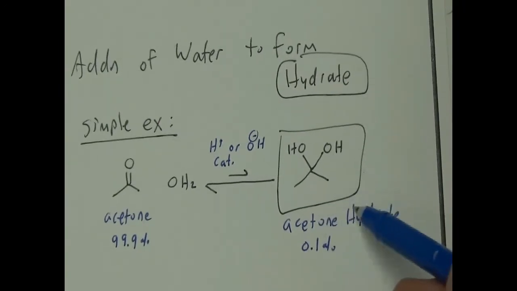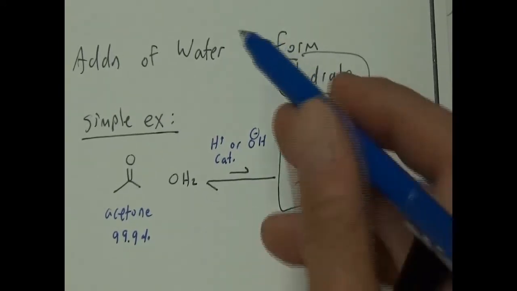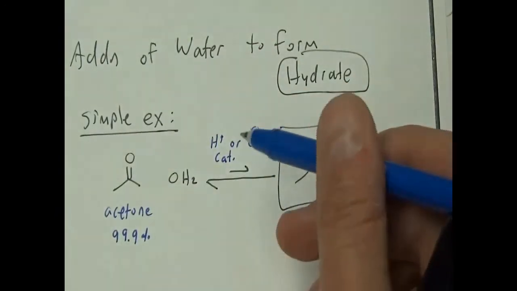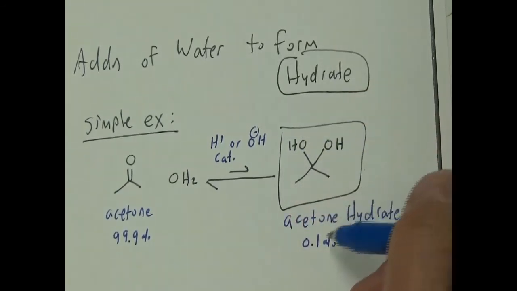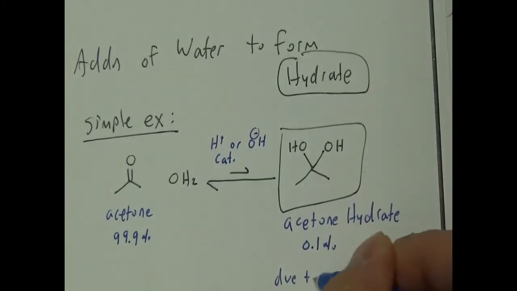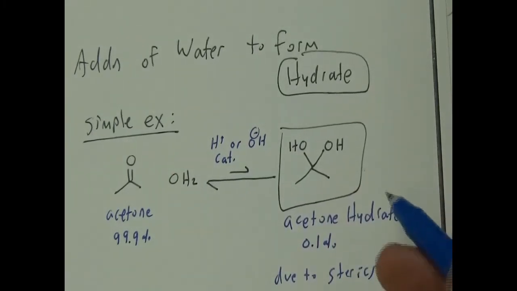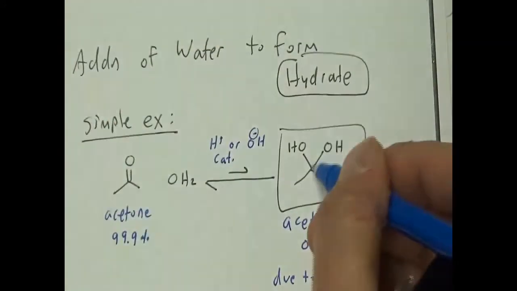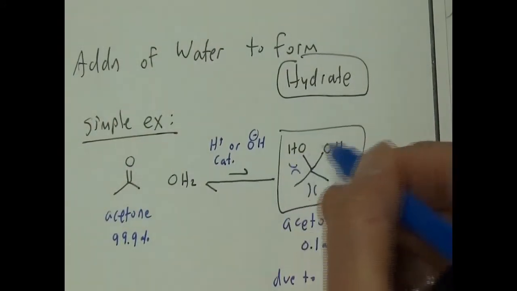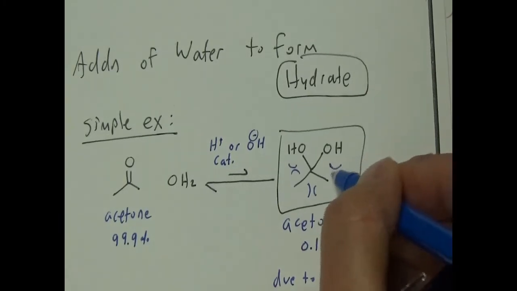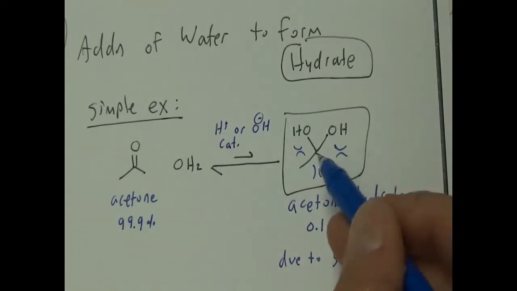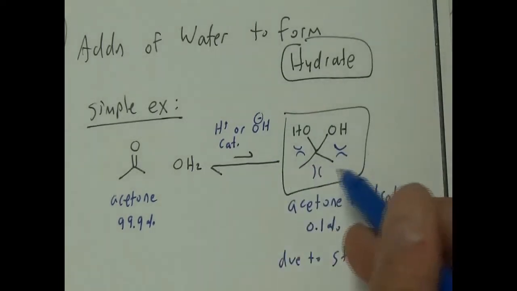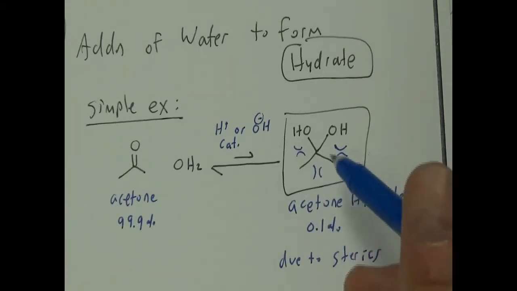Why do you think it's disfavored? Is there anything kind of unhappy about this molecule? Yeah, the main reason is sterics. You got a lot of congestion. Everything's kind of bumping into each other. That's bumping into that, a lot of bumping interactions, and that's a steric clashing, and that's why it's not very favored. But if you get rid of the steric clashing, this actually does happen, and we'll see that for aldehydes.